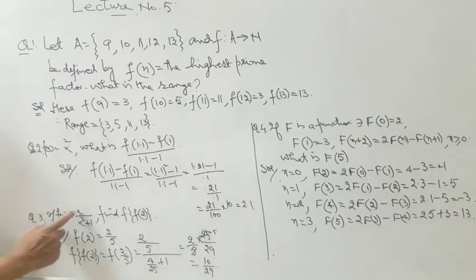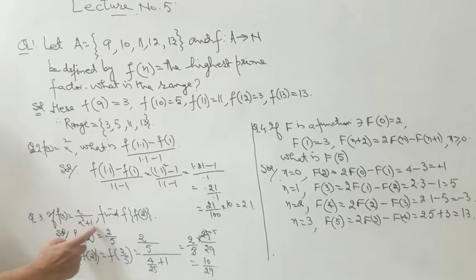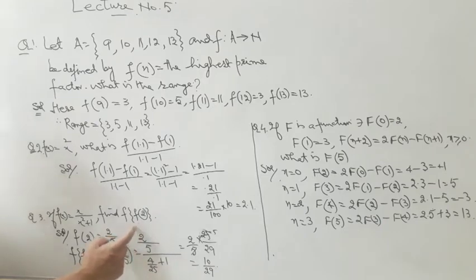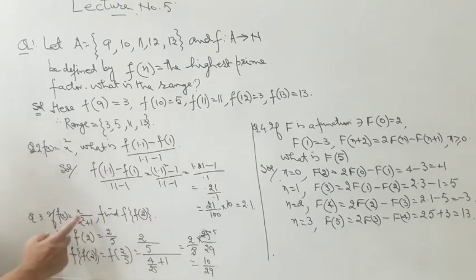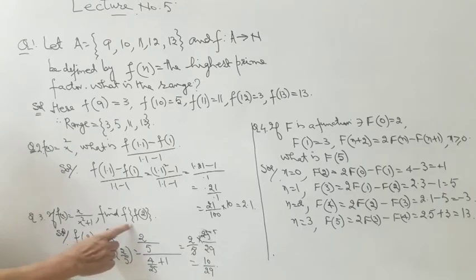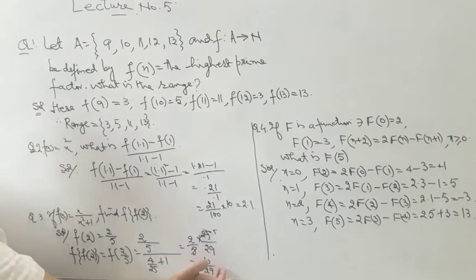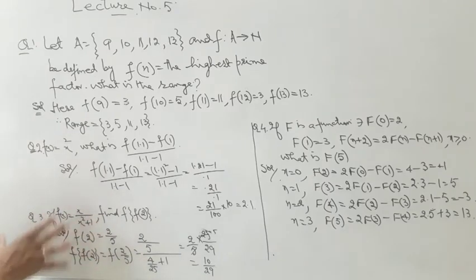If f(x) is equal to x over x square plus 1, what is the value of f of f(2)? See, I want first of all f(2). f(2) is 2 upon 5, x is equal to 2. Now one more function is required, f of f(2) means f of 2 upon 5. Again you put up here 2 upon 5 over 4 upon 25 plus 1. Then you simplify, the result is just 10 upon 29. You can take up in this way this simple example.